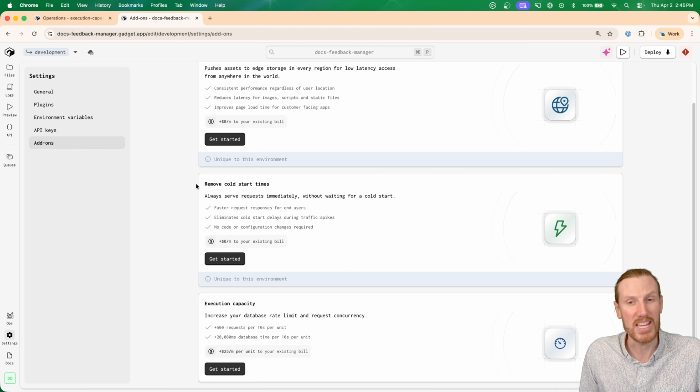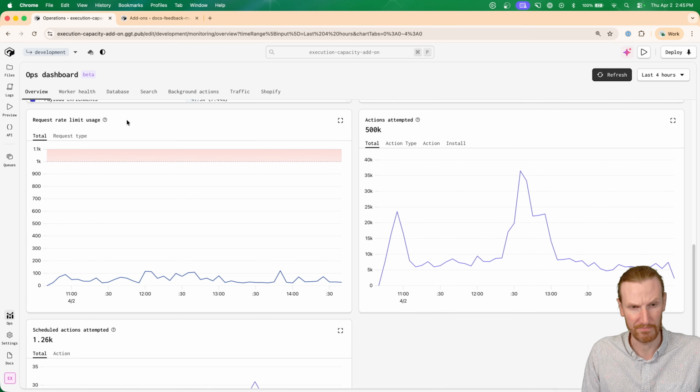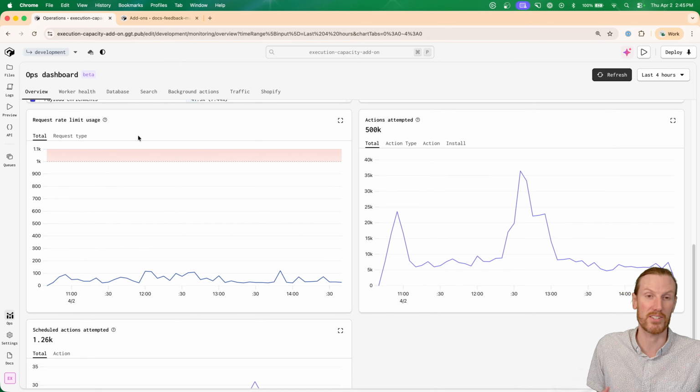Now, when do you need to purchase more execution capacity? We already kind of talked a little bit about surging. Let's take a look at our ops dashboard because we have 2 charts that tell you when you might need to purchase more. So on the overview tab, we do have a request rate limit usage chart. If you're running into the red, you might want to look at additional execution capacity because you are getting 429s